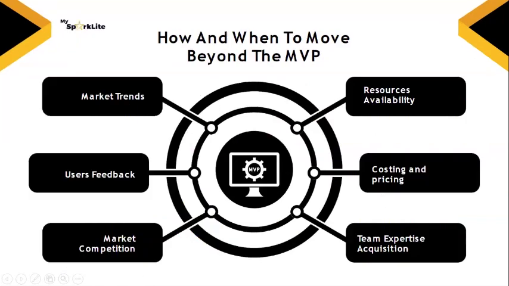So now, moving on to the next question. How do you know that it is time for you to move beyond the MVP process? Like I said when I first started, when I talked about the three stages, the alpha, the beta, the gamma. The stage I'm taking you through assumes that you are a tech entrepreneur or you want to start your own business. That is where all of this phase is playing out.